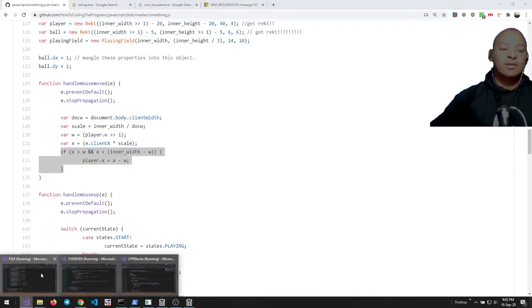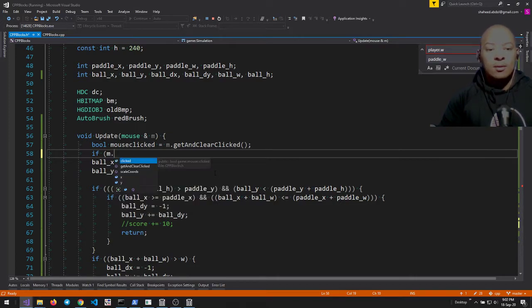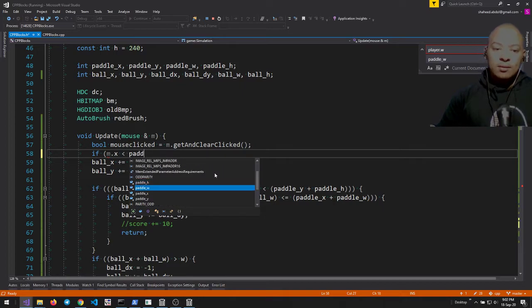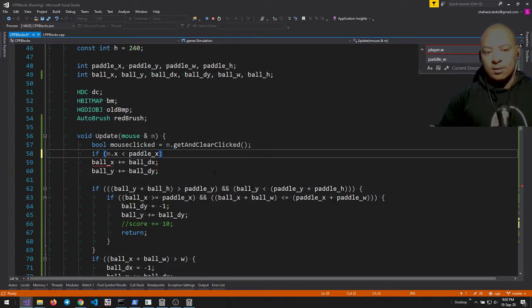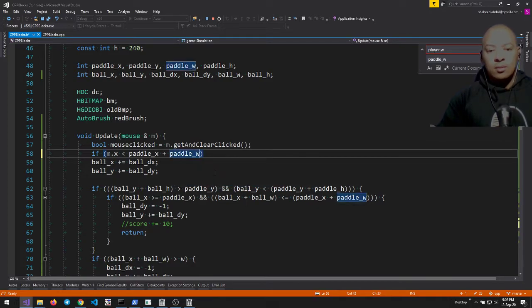I want this to be a little bit of a challenge, so I want to say, okay, if m.x is less than paddle x plus paddle width divided by 2,